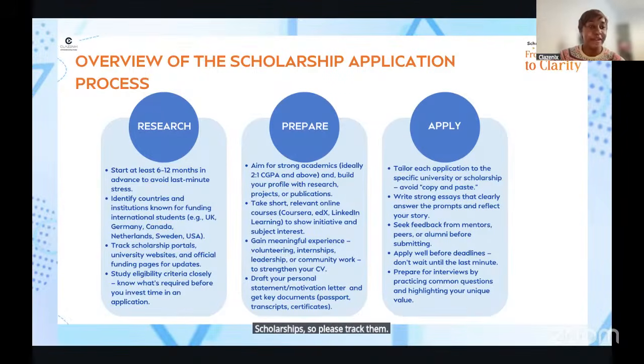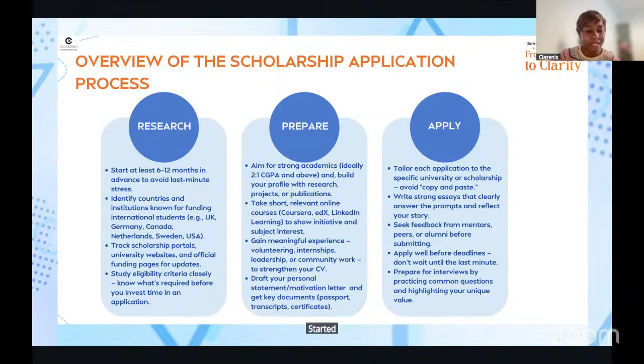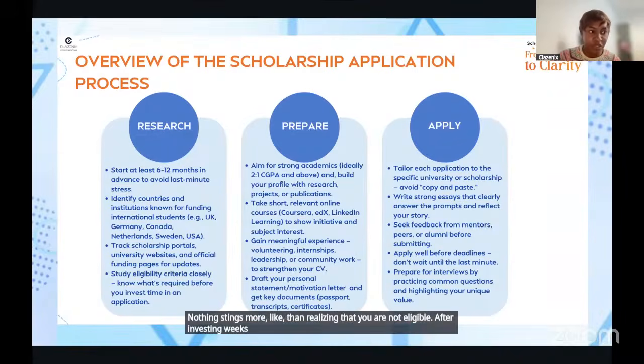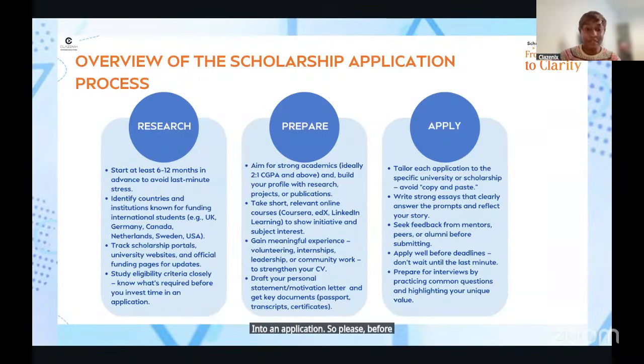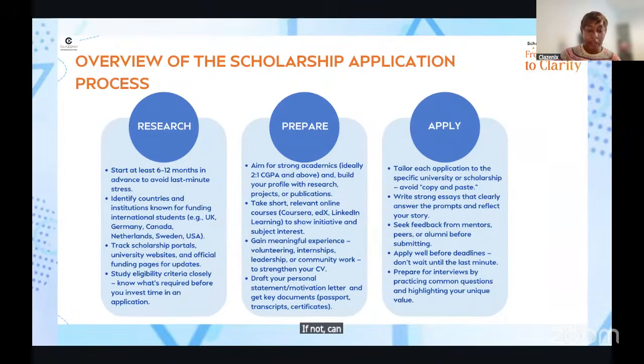A very important thing I could advise us to do is please study the eligibility criteria before you submit an application. Nothing stings more than realizing that you are not eligible after investing weeks into an application. So before you start drafting anything, look at the documents. Do you have them? If not, can you go get them? Look at the essays.